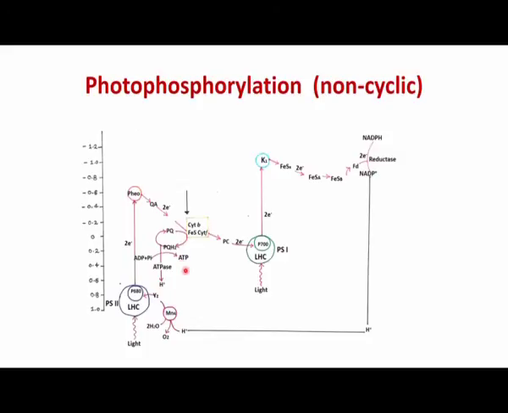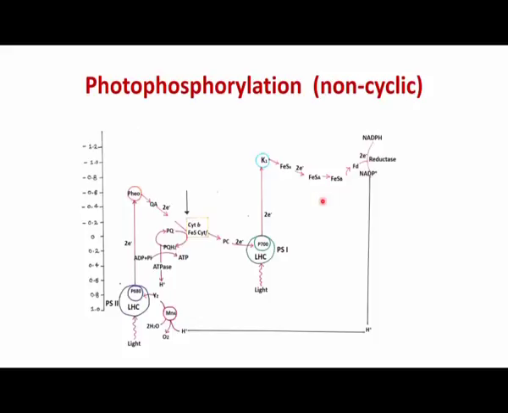from the activated complex, the plastoquinone takes up the proton, and then that proton is used with the help of ATP synthase to generate the ATP, and the cytochrome b6f complex then utilizes the plastocyanin to transfer these electrons to photosystem 1, and then photosystem 1 again excites the electron with the help of the light, and these electrons are then taken up by vitamin K1, and then a series of ferredoxin complexes, and then ultimately they reach the NADP reductase, and that NADP reductase then utilizes these electrons to reduce the NADP plus to NADPH.